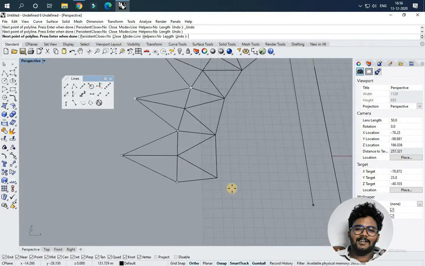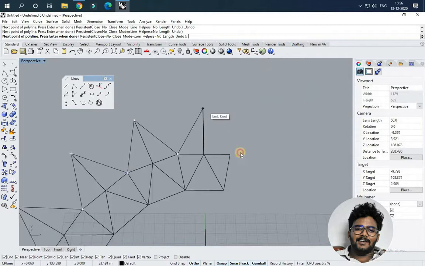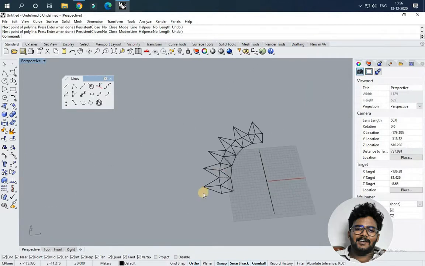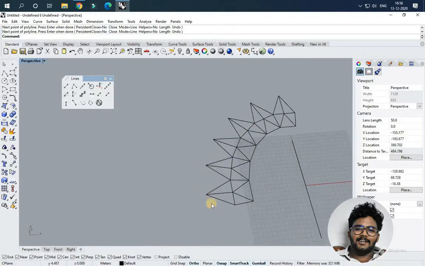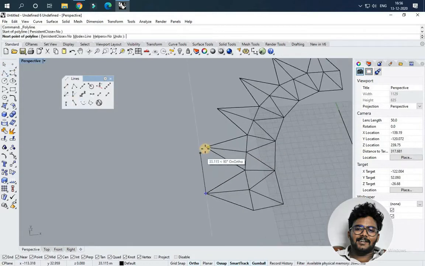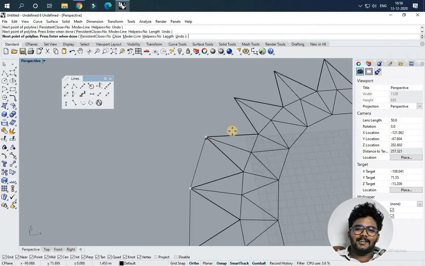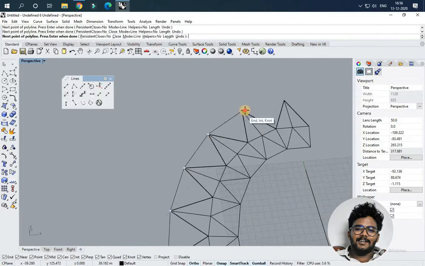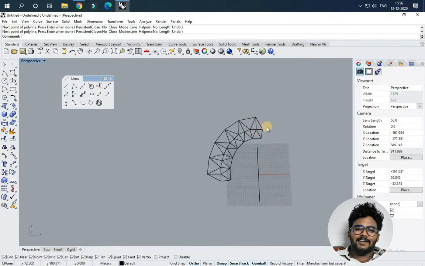My technique is just to create a perfect wireframe and turn the wireframe into a model. That's my technique of modeling. If you get a perfect wireframe, the model will be perfect. If you make any mistake in the wireframe, then the model will get messy. So I'm using polyline again, and I'm joining the edges of the triangle with the polyline, so it creates a pattern.